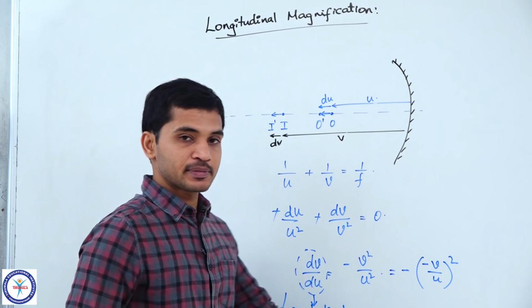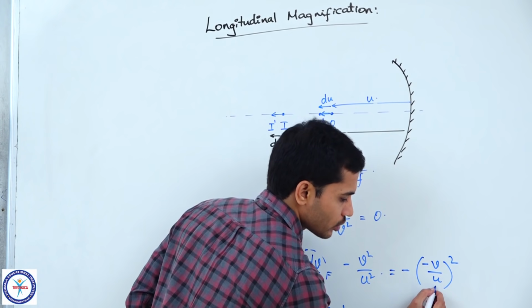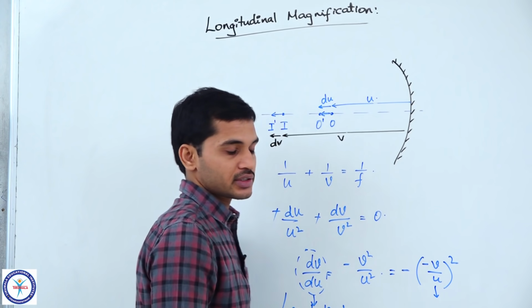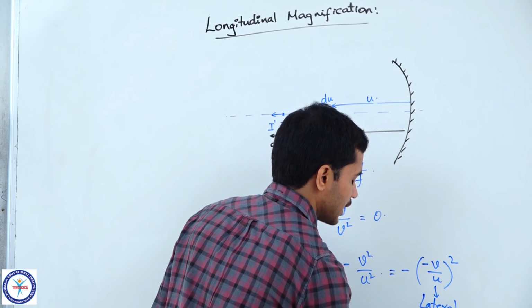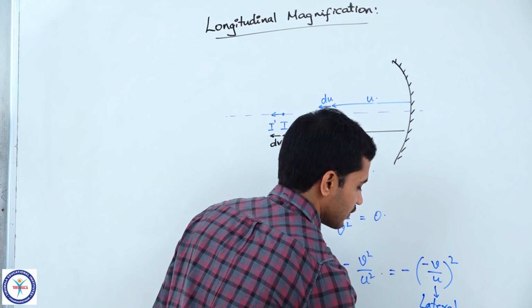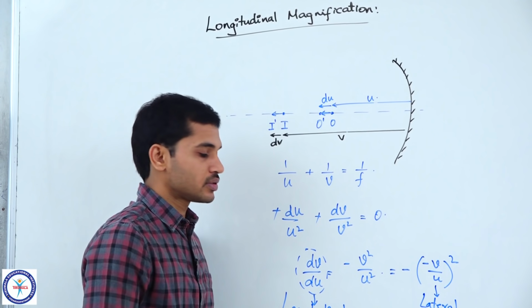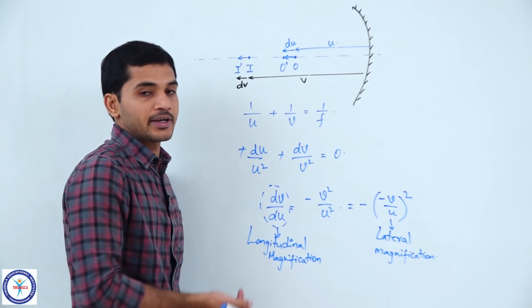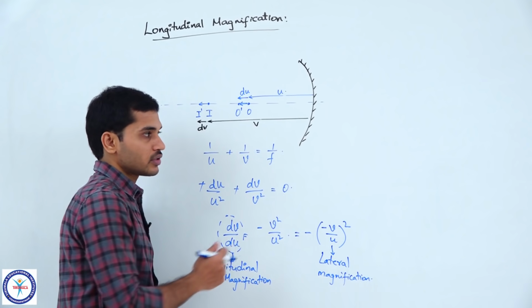And when you look at this term over here, the one inside the bracket, you already know what this term represents: lateral magnification. So, that is the basic relation between longitudinal and lateral magnification, but keep in mind, if I have to use this particular formula, which is like this,